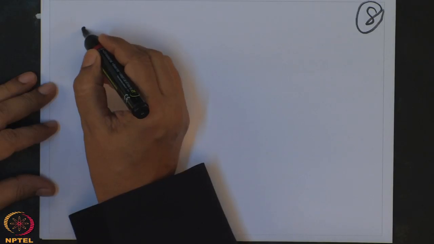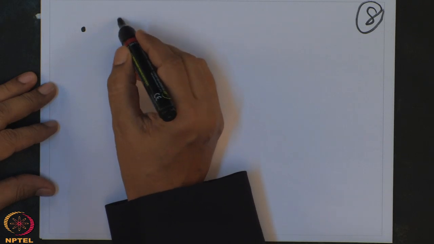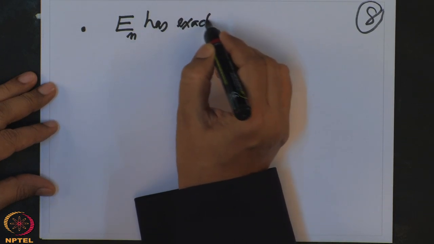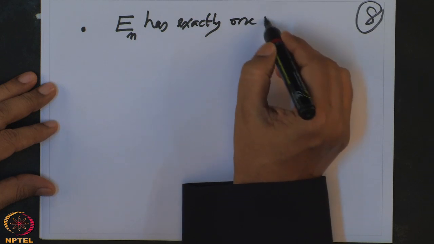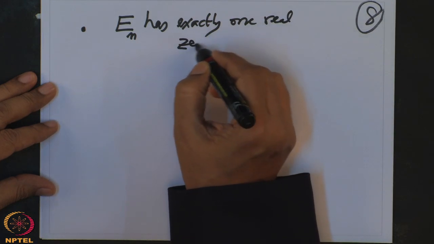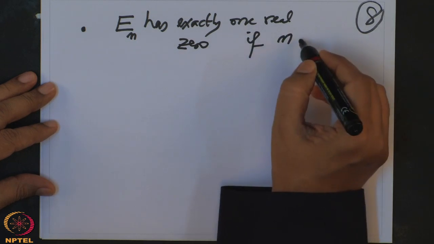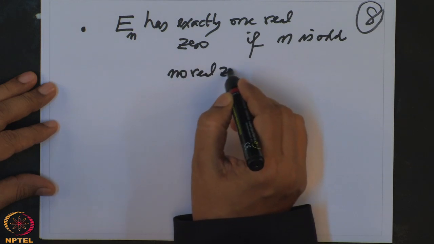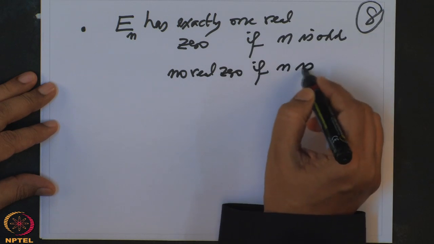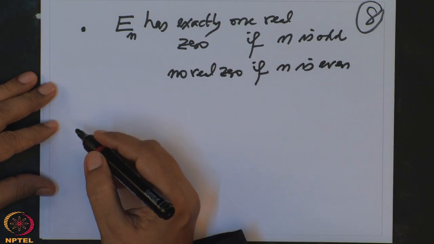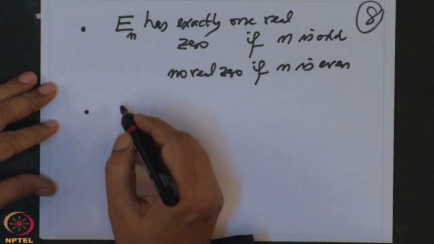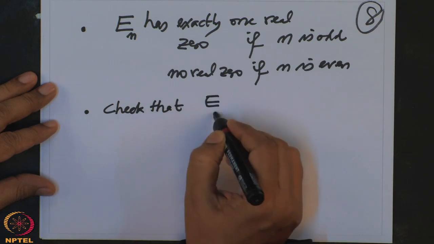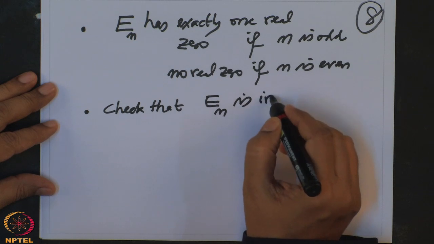So, first of all, note that En has exactly one real zero if n is odd, and no real zero if n is even. Secondly, check that En is irreducible